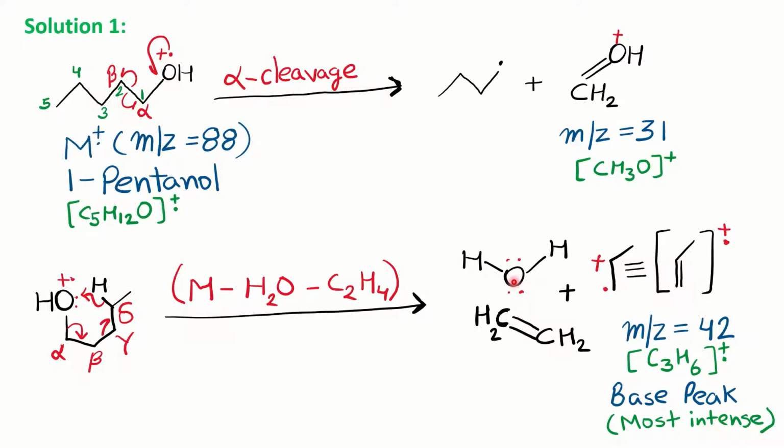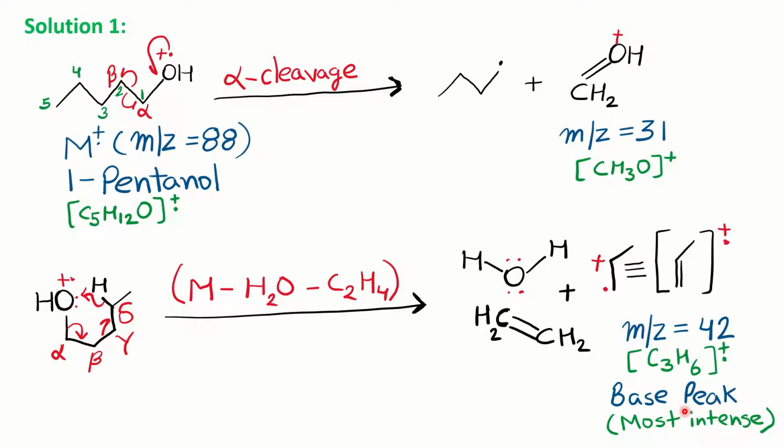Free radicals and neutral molecules are not detected in the mass spectrum. It detects only the cation or the radical cation. And this radical cation we can also write in square brackets with the double bond and the radical cation on it. If you calculate the mass for C3H6, three carbons and six hydrogens are present, so the mass is 42. And this was the peak which we needed to identify in our problem, and they were asking you to draw the structure of it. So this is the structure, and it is considered to be the base peak.